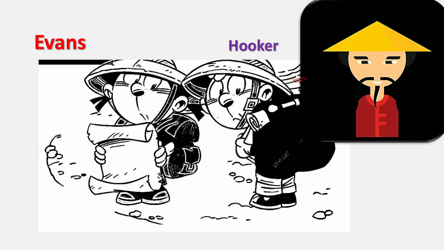So Evans and Hooker, who are British, have some greed in them, and they attack these Chinese men and steal that map from the Chinese crew. After killing them and stealing their map, they started their journey to that mysterious island, about which they had heard from that Chinese group and about which that map also talks.